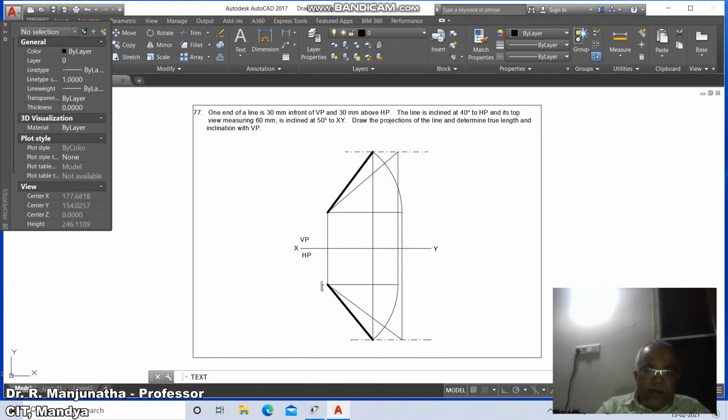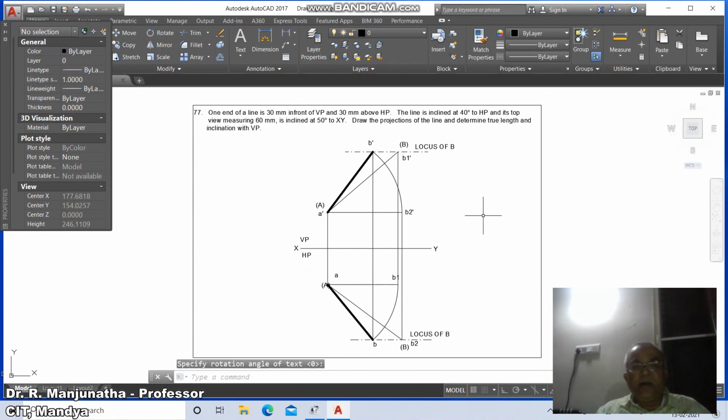So this is capital A in bracket, this is capital B in bracket, and this is locus of B, and this is capital B, and this is capital A, and this is locus of B. So remove the caps lock, take A and you take B, and this as B2, this as B1, and this as B2 dash, and this as B dash, and this as A dash, and this as B1 dash. So you have written everything.